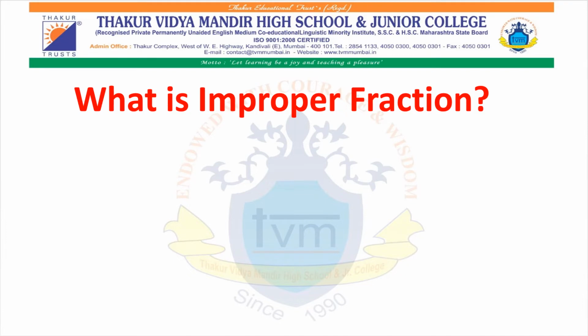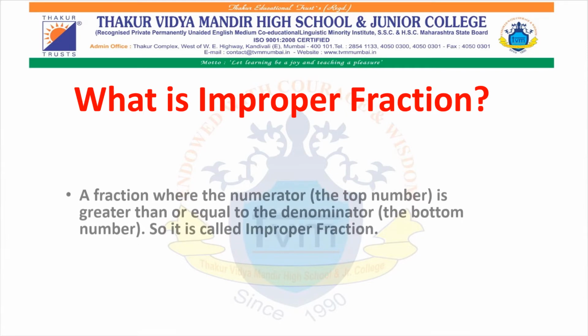First of all, children, we are going to see what is a fraction. When we talk about a fraction, it is a term we write in the form of numerator and denominator. For example, if I write 3 upon 4, then it is a fraction because 3 is the numerator and 4 is the denominator. So 3 upon 4 is a fraction which you have studied in the earlier division.